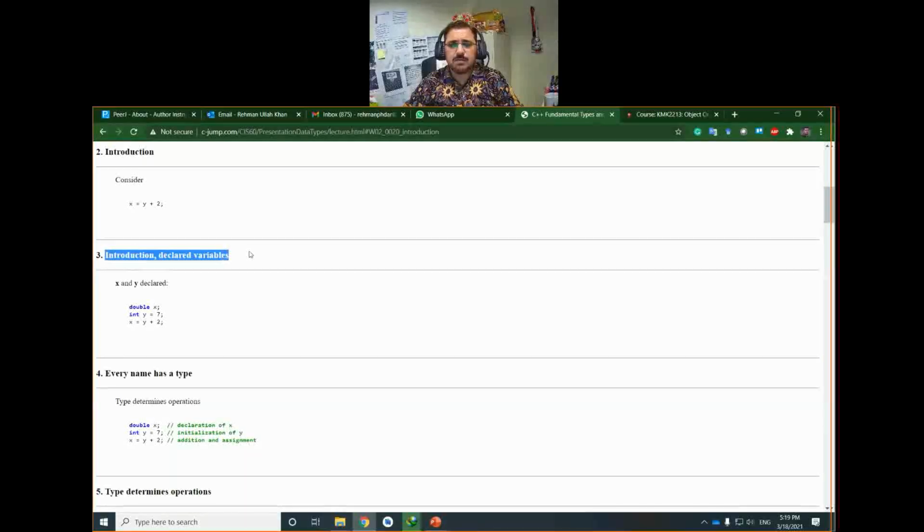We are starting from the declaration of variables. First of all, what is a variable? I think all of you should know that a variable, for example, you see here x equal to y plus 2. The x and the y are actually some values, but we can change them. For example, let's suppose, and it is dependable also. For example, if the value of y is 3, then x will be equal to,